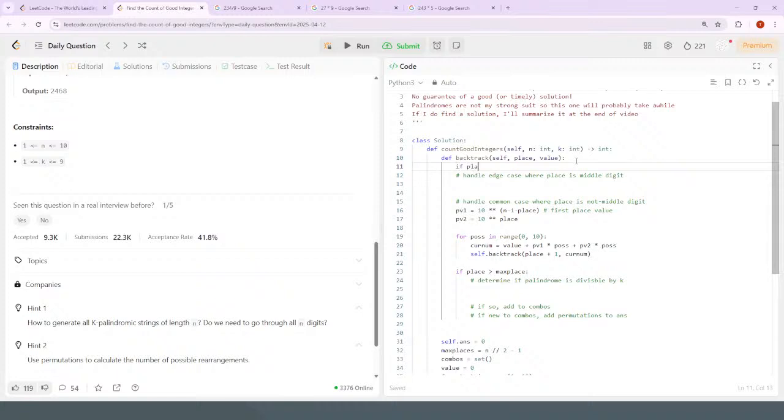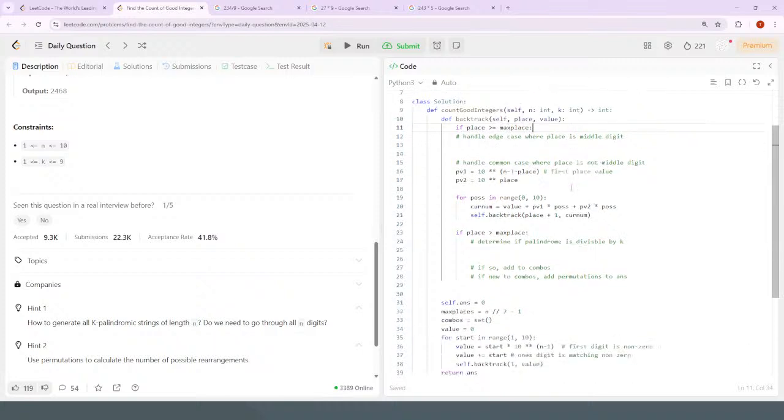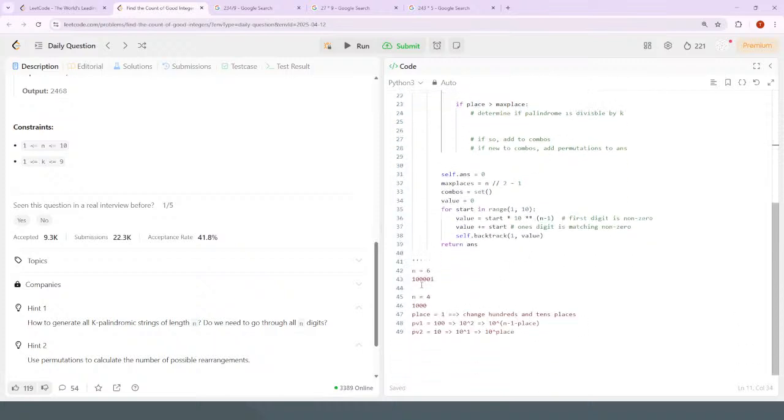So if the place is greater than or equal to the max place, so if n is 6, there's basically 2 places that you're dealing with that you're free to try to mess with. And then if n is 3, if the place is 3, which is half of 6,